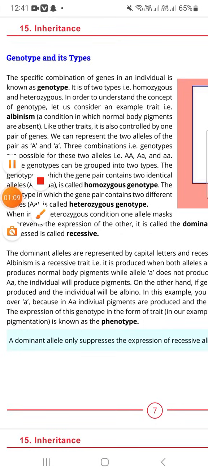Now I am telling about this topic in the lecture about genotypes. These types are the specific combination of genes in an individual that we want to know, and genotypes are of two types: homozygous and heterozygous. In order to understand the concept of genotypes,